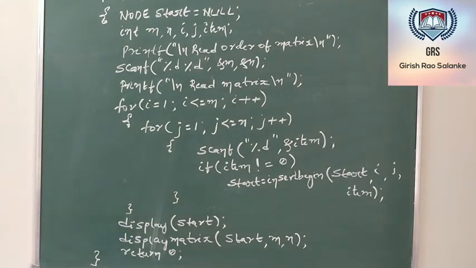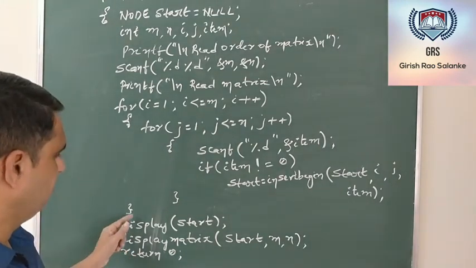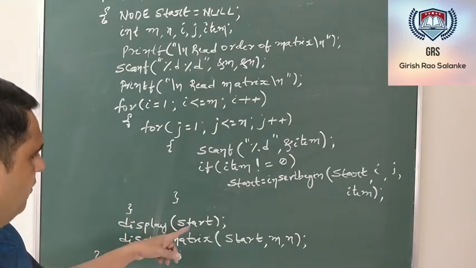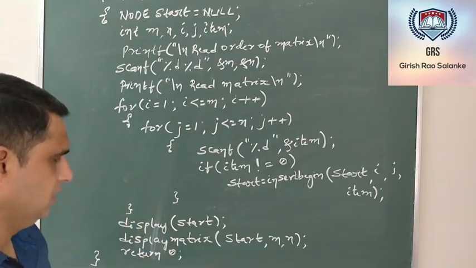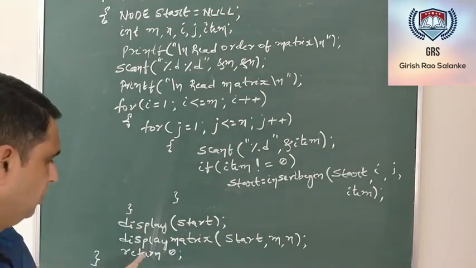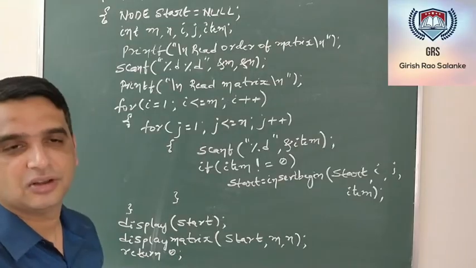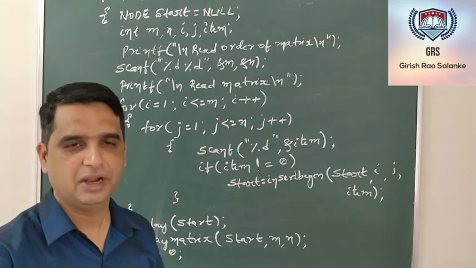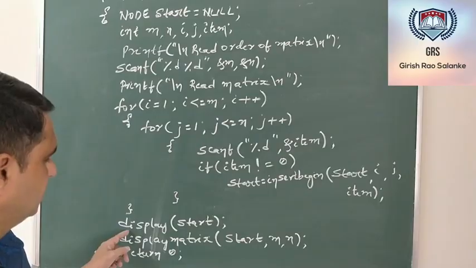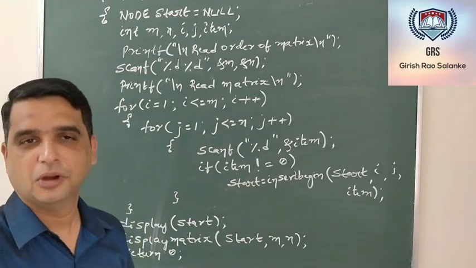Close your function. In case you want some additional printf statement, you can have printf statement before. Maybe we have written printf for displaying the content of the double linked list, wherein row, column, and data was there. I'm not sure about display matrix, whether we have used any printf within the display matrix or not. If you have not used any printf function, make sure you are adding a printf function before calling this display matrix function. Hope this should be clear.